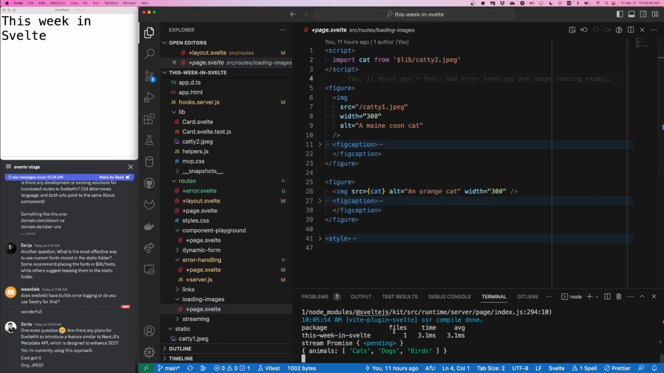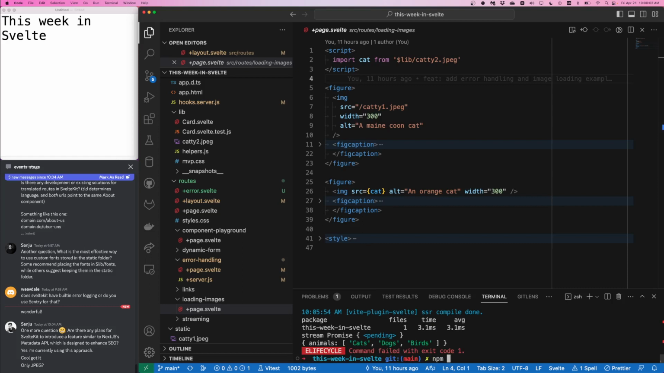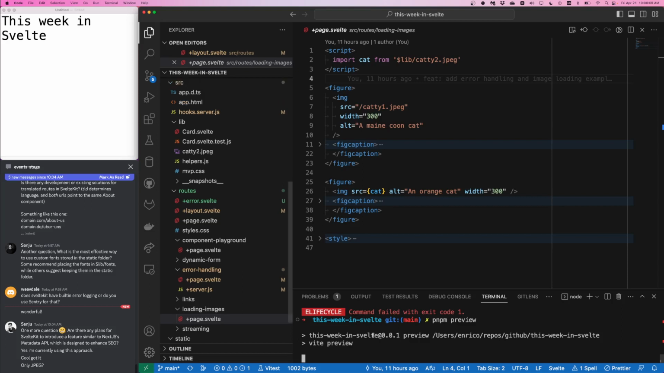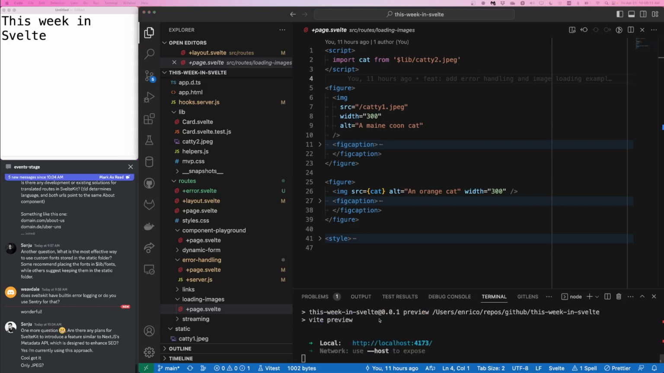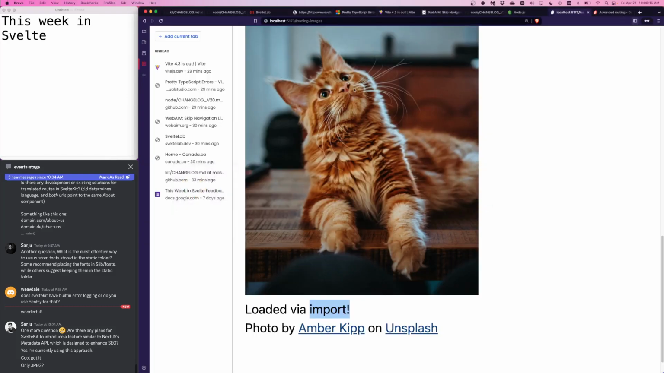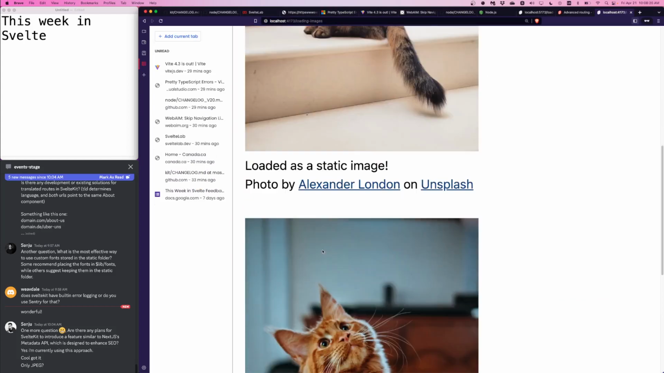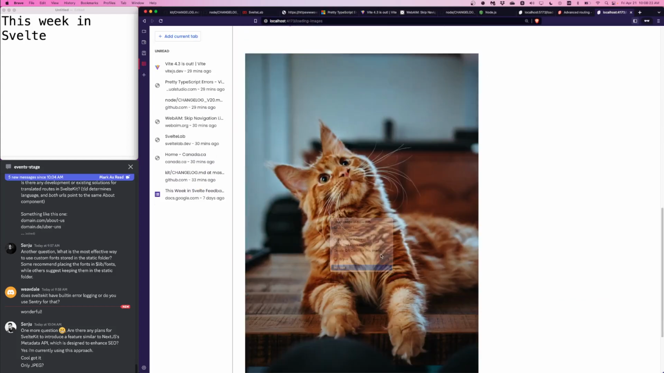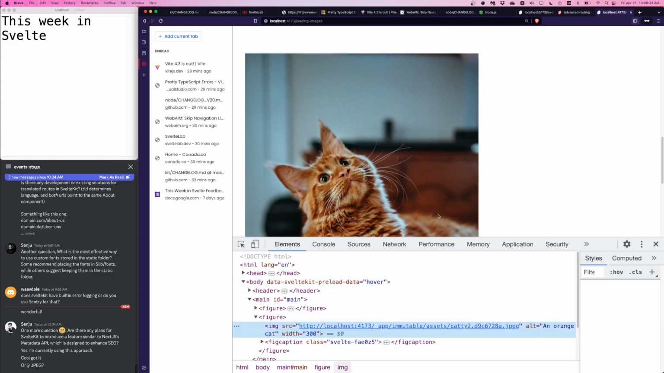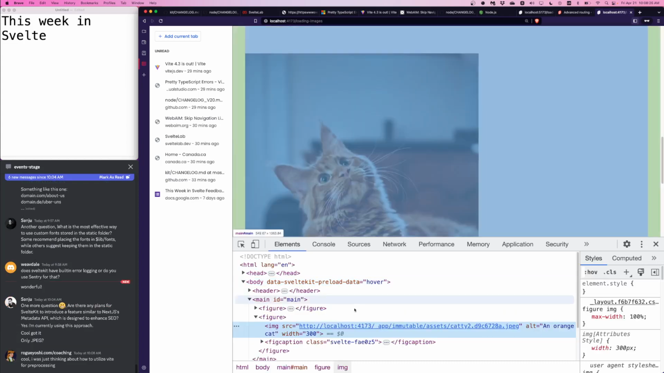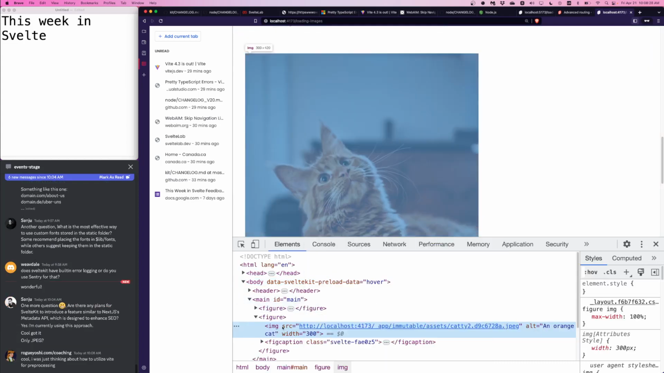So what does this mean? I'm going to do a production build. I already have a production build, so I'll do pnpm preview. And we're going to look at the production build together. All right, here it comes. So here's the production build. And take a look at this image URL. Highlighting down here, this is the image element, and the source is